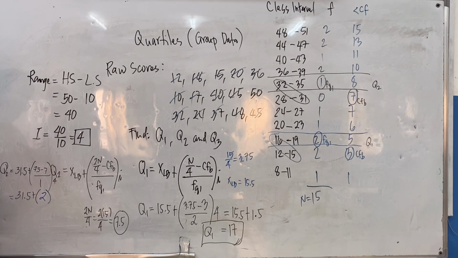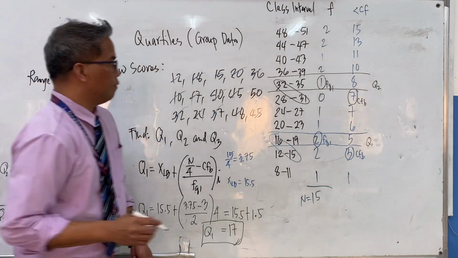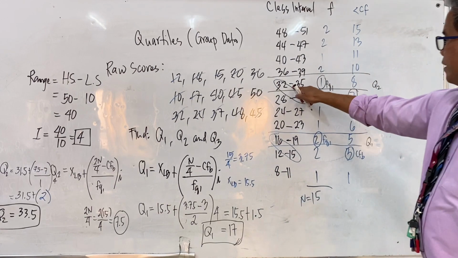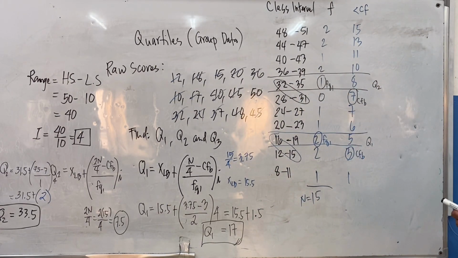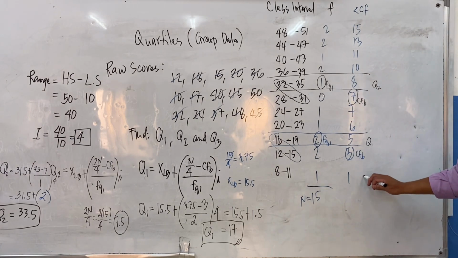And then we have now 31.5 plus 2 equals 33.5. So this is now your Q2. So 33.5. Let us check. Okay, correct. 32.5 is here. Then to find Q3, so let's proceed now to Q3. So to find Q3, we can write it here. Q3 equals,